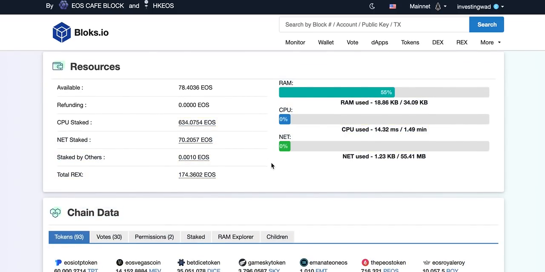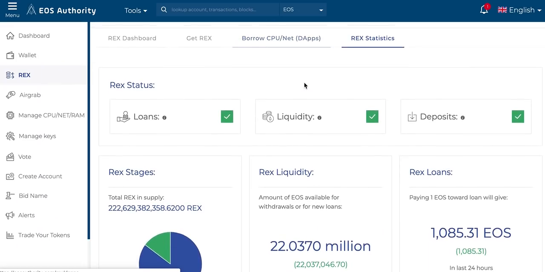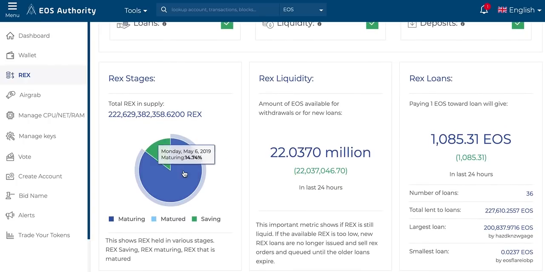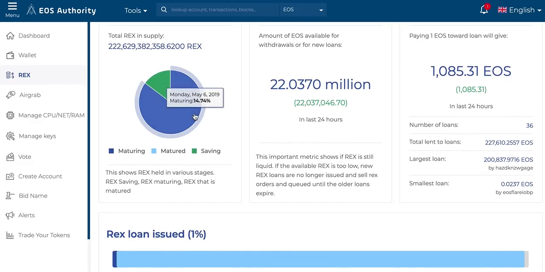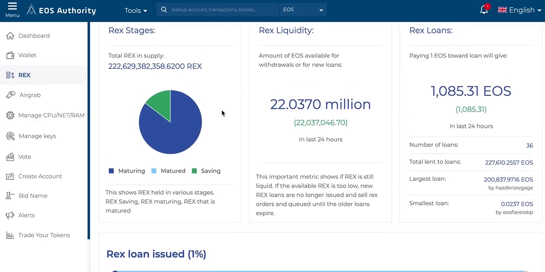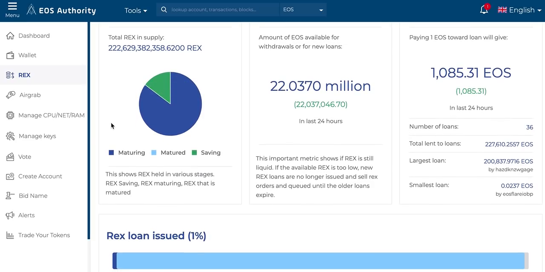I wanted to experiment with all the tools. Of course, you can choose max when you are converting into Rex. And as we can see, a lot of people are already moving into savings, but a lot of them are not, because right now for the next 4 days there is no risk. But after 4 days, whoever already put into Rex, they will start maturing. Like this 22 million EOS are now sitting in Rex, and a big portion of people are not putting in savings,